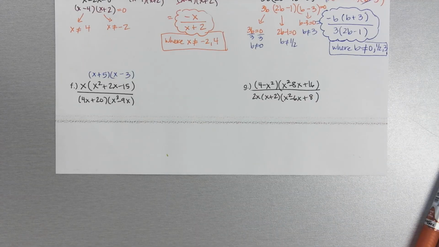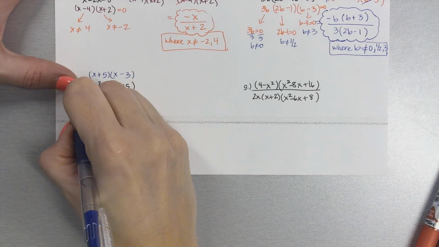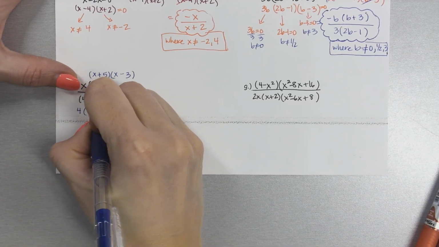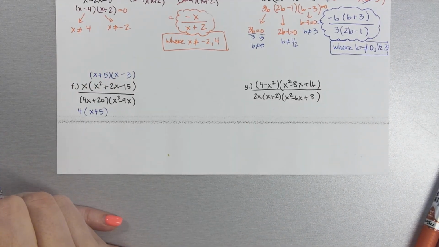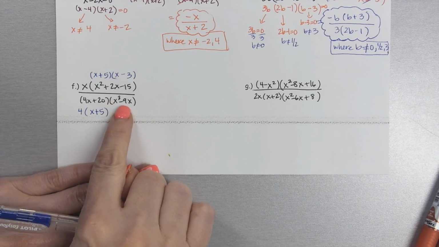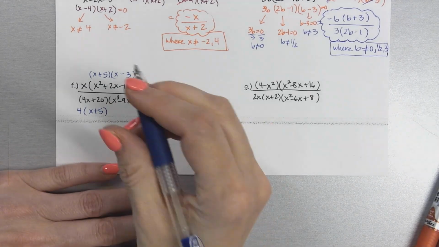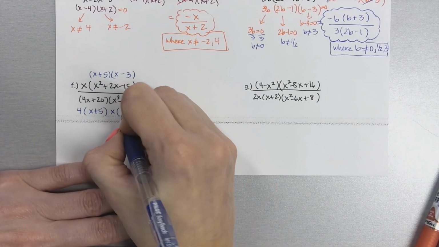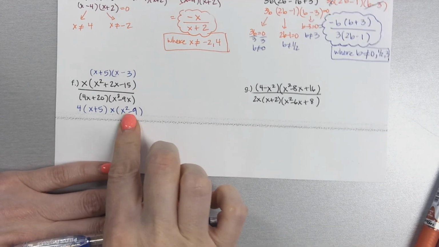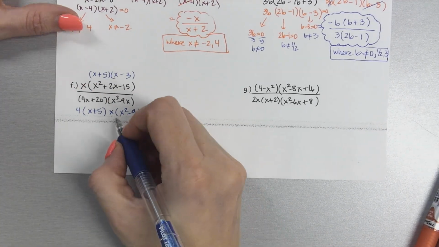Now in the denominator, you have the 4x plus 20. You can factor something out. What can you factor out there? 4. So the GCFs do have to get taken out. And then x cubed minus 9x, what can I take out there? X. So it's x squared minus 9. Oh, x squared minus 9 can be